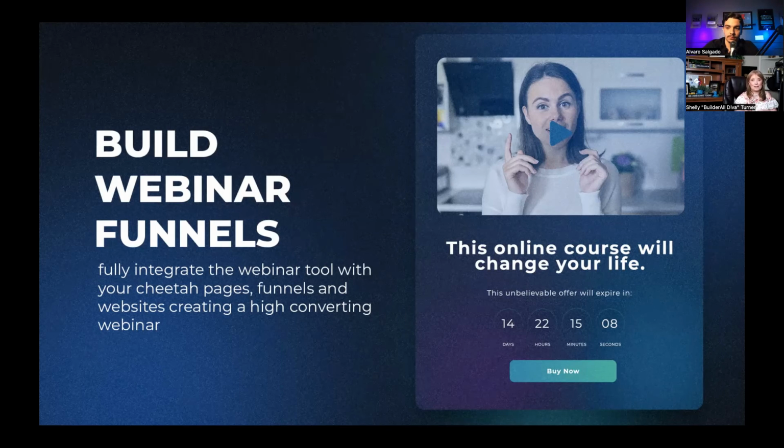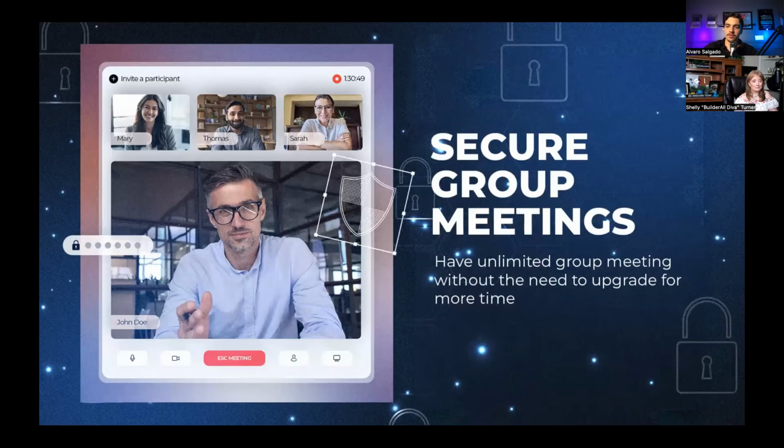And it's also got a sophisticated method of being able to capture the lead, put it into your email marketing system and actually trigger emails to go out as well. So this is an incredible full funnel that you can build for your webinars. Yeah, that's right. It's fully integrated with Mailing Boss and the Cheetah Builder. That's right. It's amazing. It is amazing.